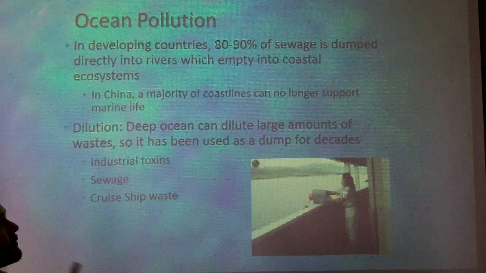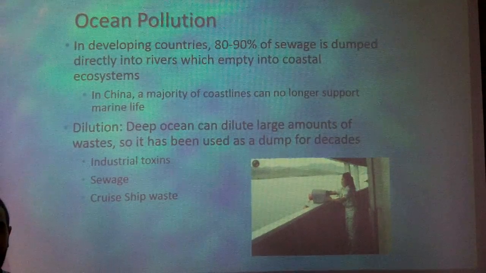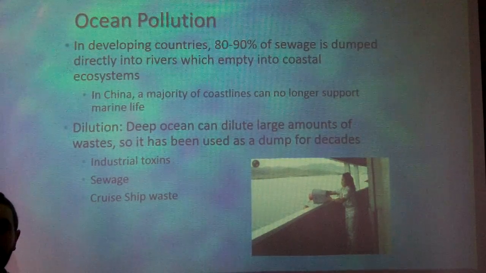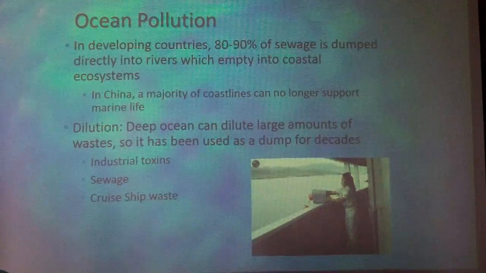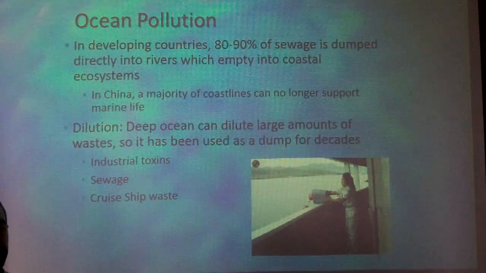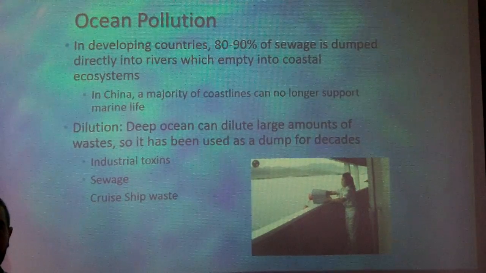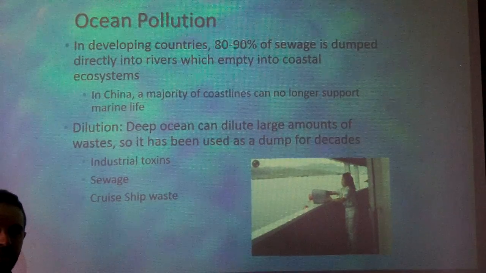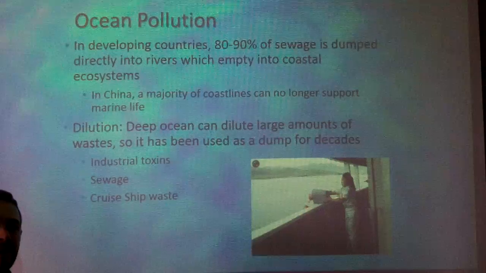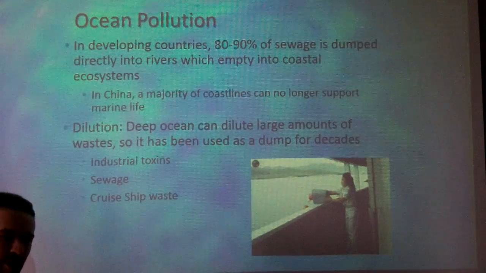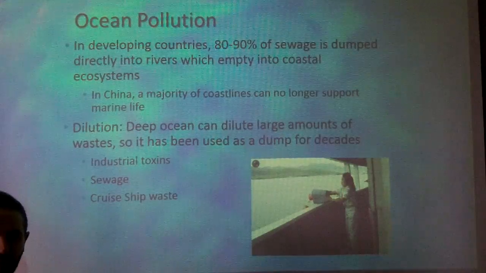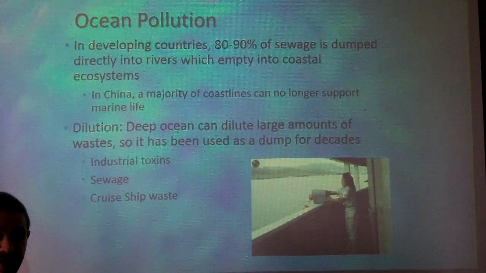In fact, in California, after a 1-inch rain event, which would be like a heavy rain, it could last an hour and a half, after that they tell the people not to go swimming in the oceans for 72 hours because it's picked up enough pollution and sewage to make the coastline not suitable for human swimming. That's in California. Isn't that crazy?